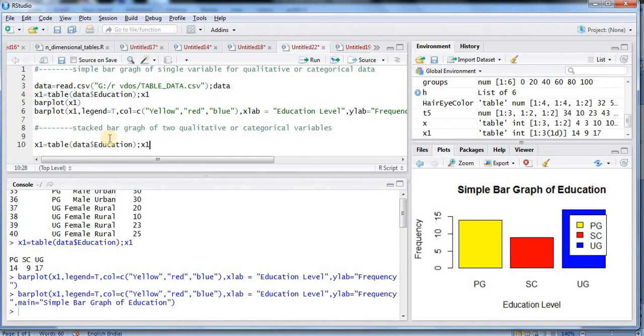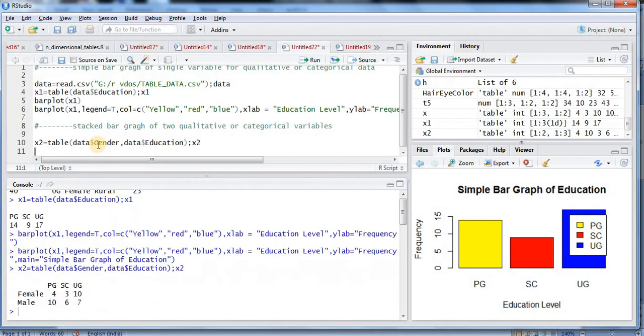So again data, and I change this to x2 because x1 is already taken. See, this is the bifurcation of male and female with education: postgraduate, schools and undergraduate.